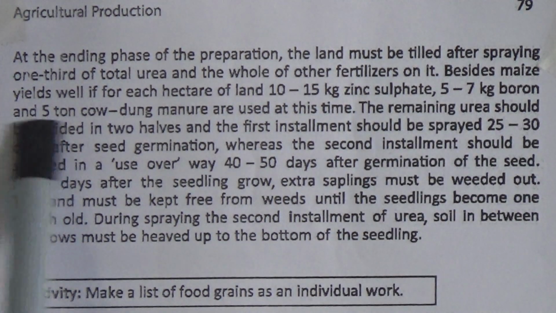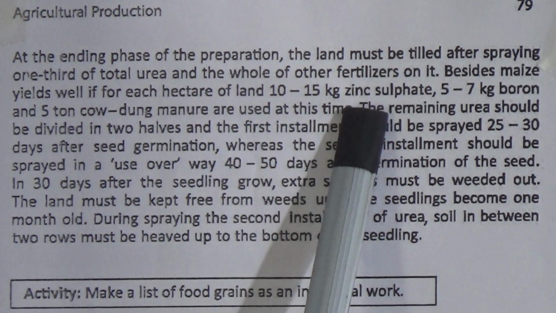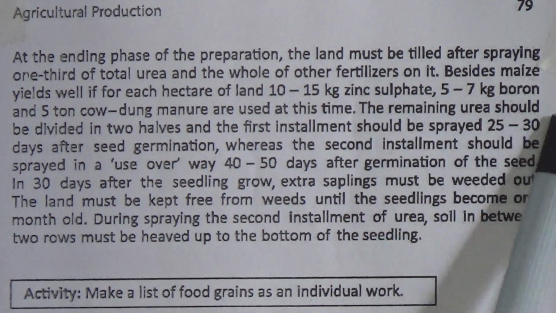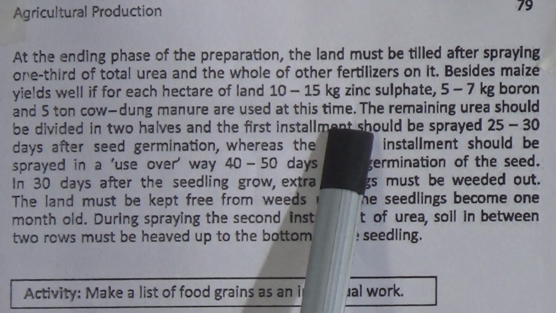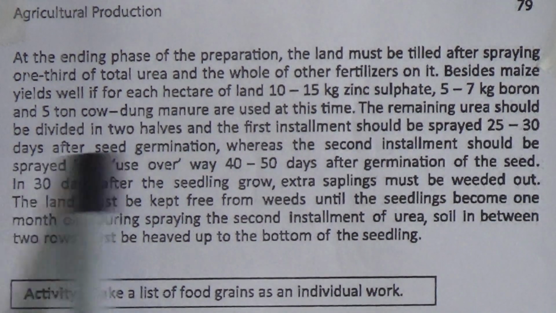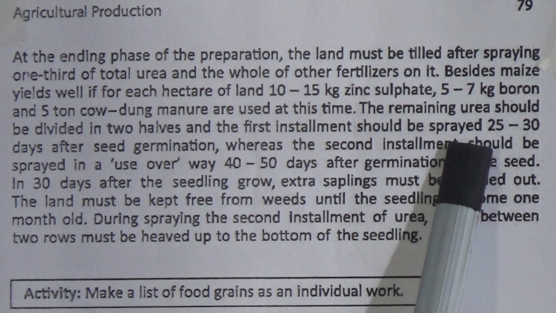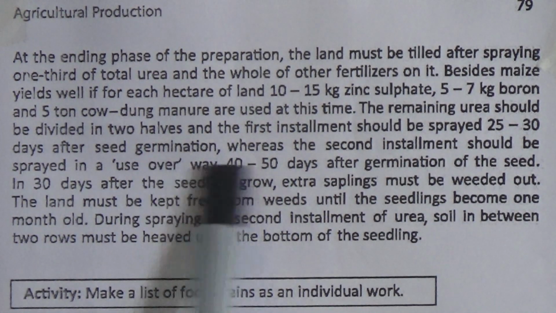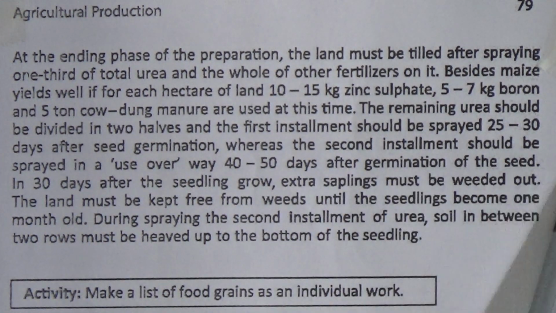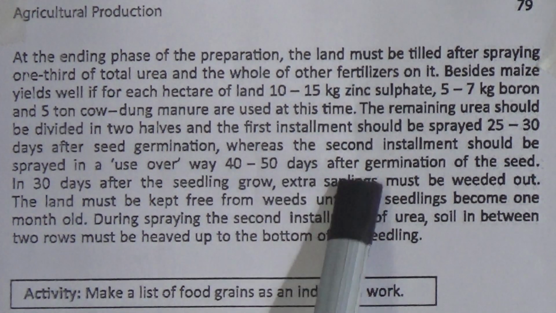Besides, maize yields well if for each hectare of land 10 to 15 kg zinc sulfate, 5 to 7 kg boron and 5 ton cow dung manure are used at this time. The remaining urea should be divided in 2 halves and the first installment should be sprayed 25 to 30 days after seed germination, whereas the second installment should be sprayed in a top-dressing way 40 to 50 days after germination of